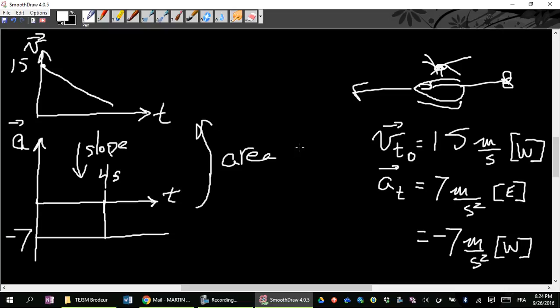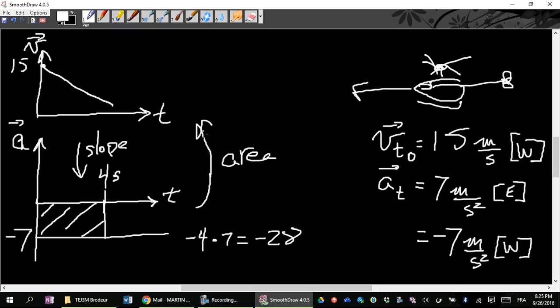Okay, so what are we left with? We do a bit of math here. We find the area of this region. Very simple to find. Minus 7 times 4. Oh, sorry, times 7. I just made a mistake, but it works anyway. What is that? That's negative 28. Now, what have I found? Have I found acceleration? What have I found, right? We said